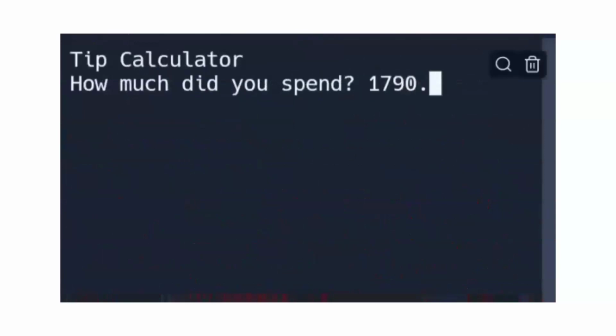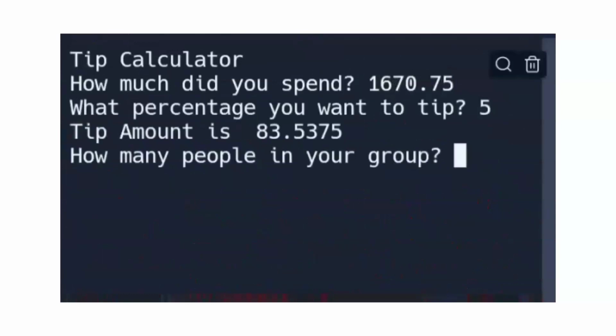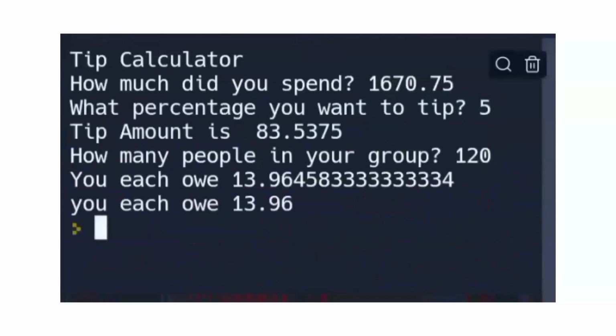That's why. Okay, so you see, when I'm writing long decimals, it will round to 2 because we already did the round comma 2 for rounding of the decimals. Otherwise it looks very weird. So tip amount is so and so. How many people in your group? 120. You each of, so